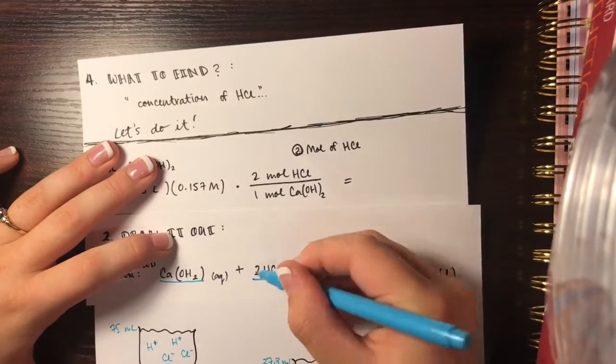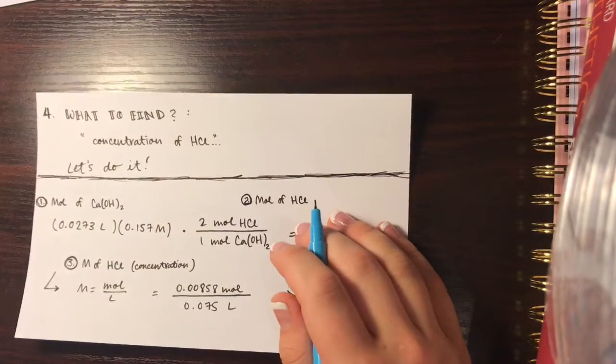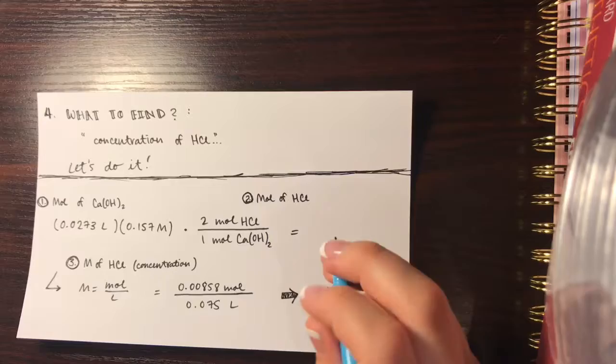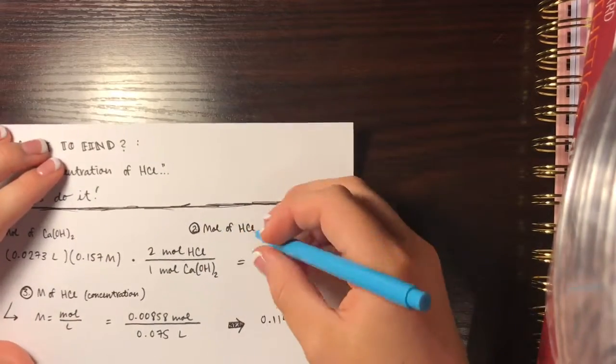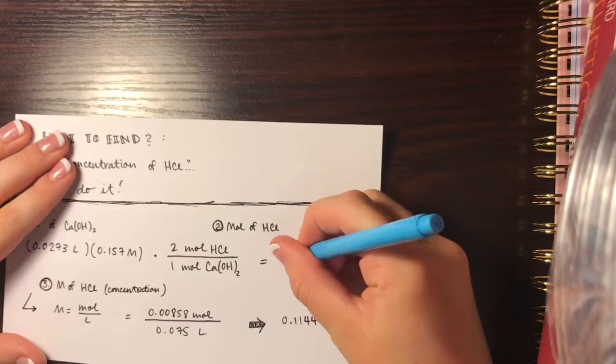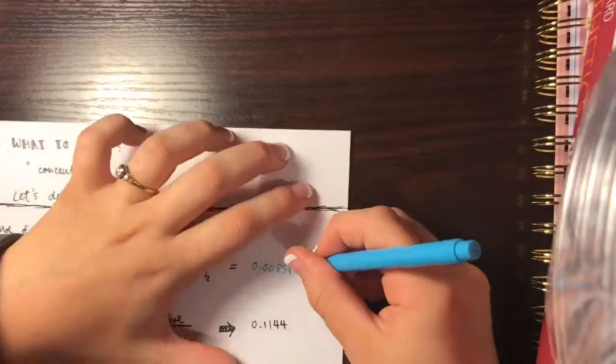And we see we just get it from the number standing right in front of it. Okay? And so once we do that calculation, we could figure out how to do the rest of the problem. Okay? And so that is going to come out to 0.00858 moles